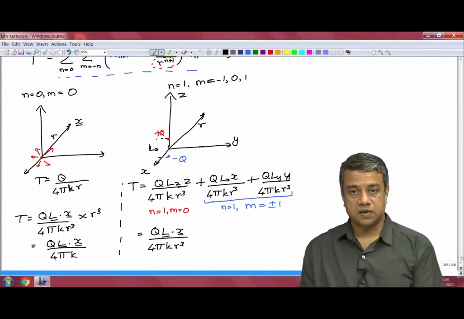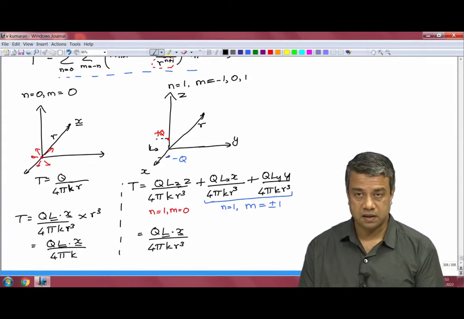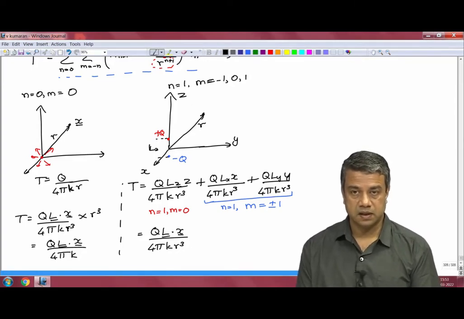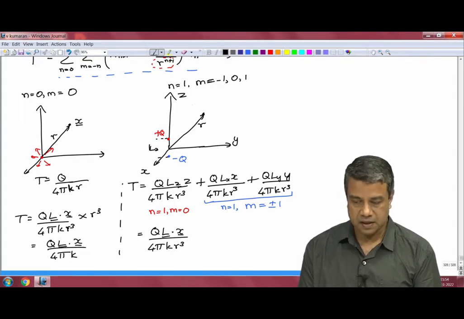So, this is linearly increasing with distance from the origin. This is proportional to q times L times x, and if I take the gradient of this, the heat flux due to this,